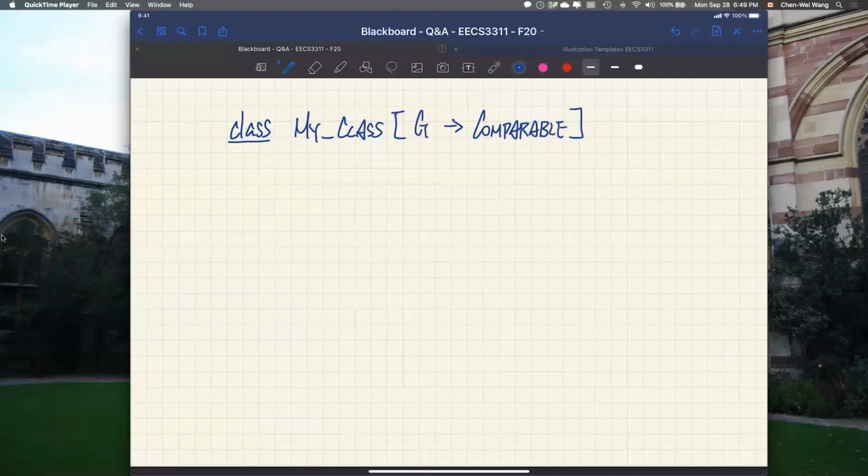what this means is any client class that's going to instantiate G must be replaced by a class that's actually comparable. Comparable, you learned about it in 2030. Comparable simply means you can define a less than relation on the object, right? So now, let's say, for example, in the client side,